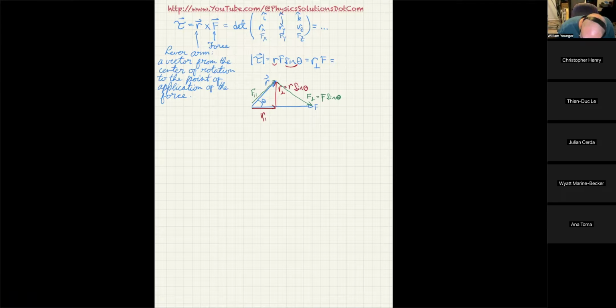So you can see that in this case, the F and the sine theta makes F perp. So with this version, you end up getting R times F perp, where F perp is perpendicular to R. So that's the two ways you can interpret that